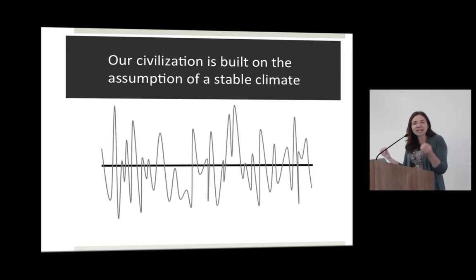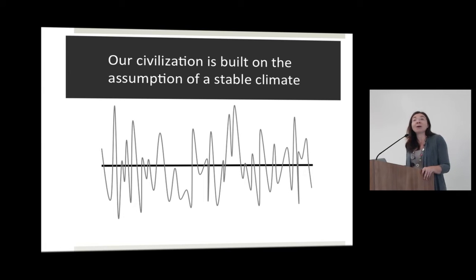Isn't that interesting? It would be a lot cooler now if it weren't for the development of agriculture. In other words, we took that slow cooling trend and we moderated it to the point where it was incredibly stable. So not just into our building codes or our engineering standards, but into the history of human civilization is built the assumption that you can have the Little Ice Age, you can have the Medieval Warm Period, you can have heat, you can have cold, you can have wet and dry, but it all averages out in the end. Why do we assume that? It's because it was true.